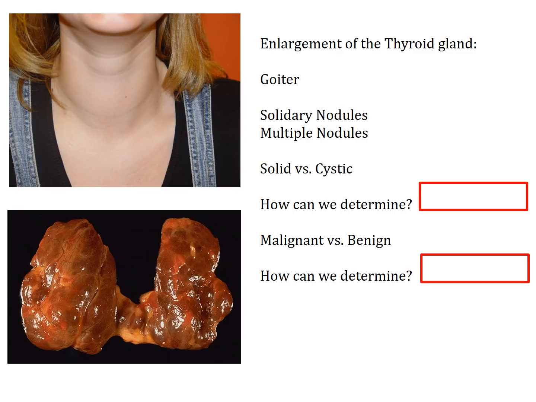So an ultrasound-guided aspirate or biopsy of the thyroid gland, done by somebody who knows what they're doing, right? Done by a surgeon or an interventional radiologist who does those type of procedures, right, can then determine what it is that we're dealing with in this young individual with the goiter.